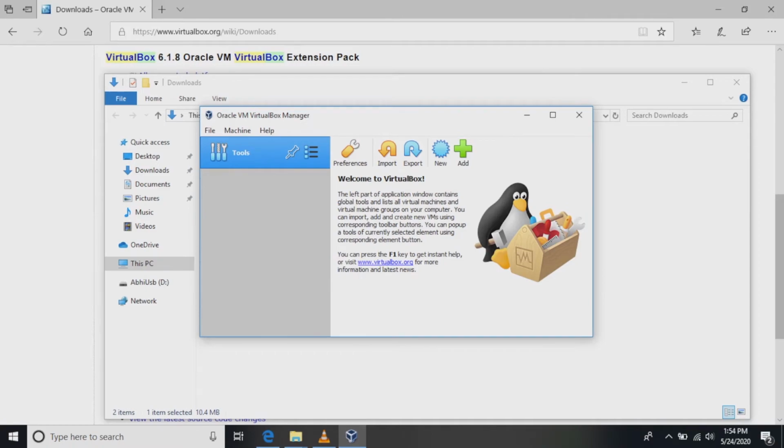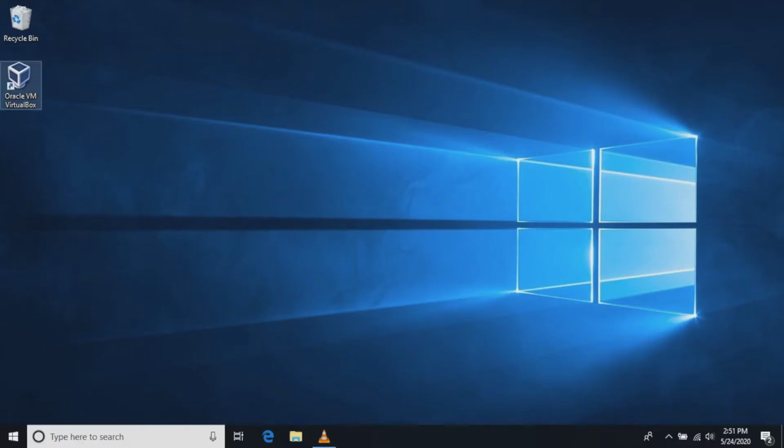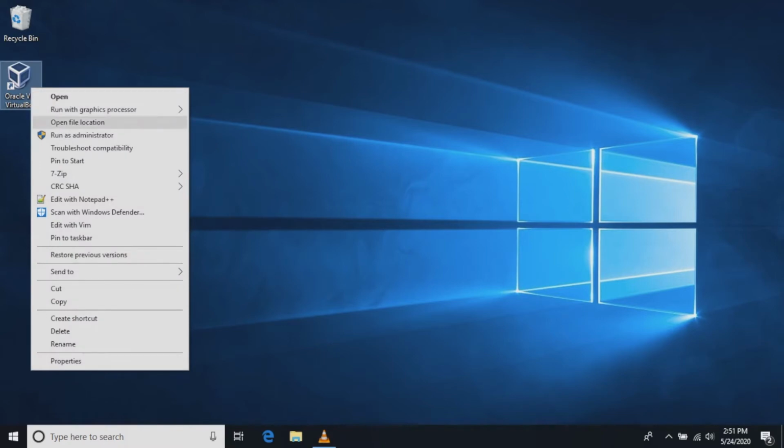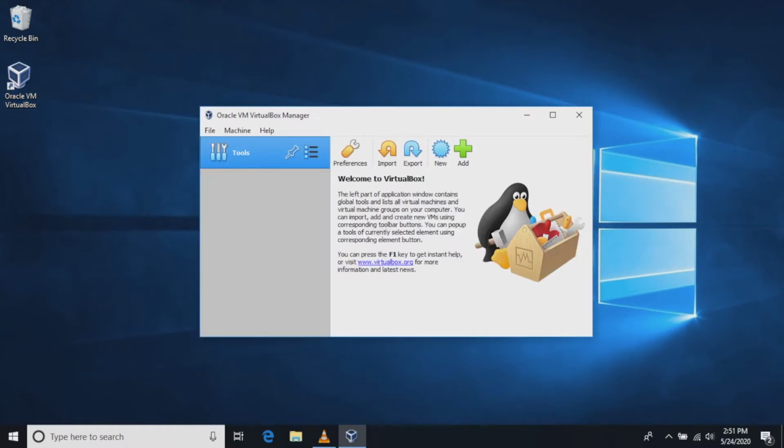Now we will see how to install it as an administrator. So we will right click the icon and run it as an administrator, and it will ask you the username and password. I have skipped it. Under the preferences